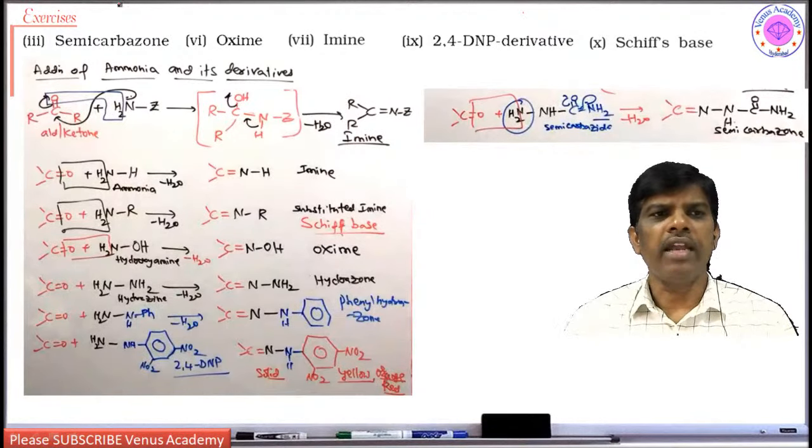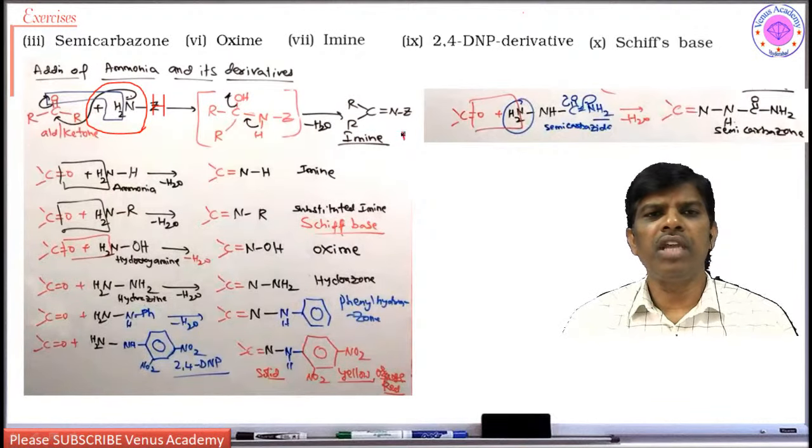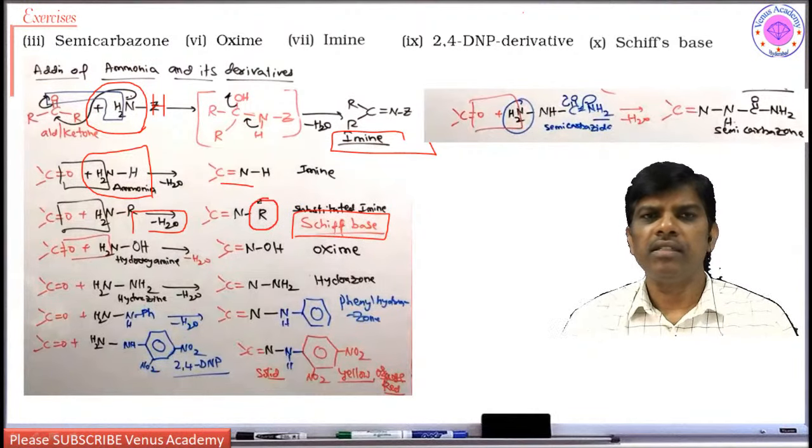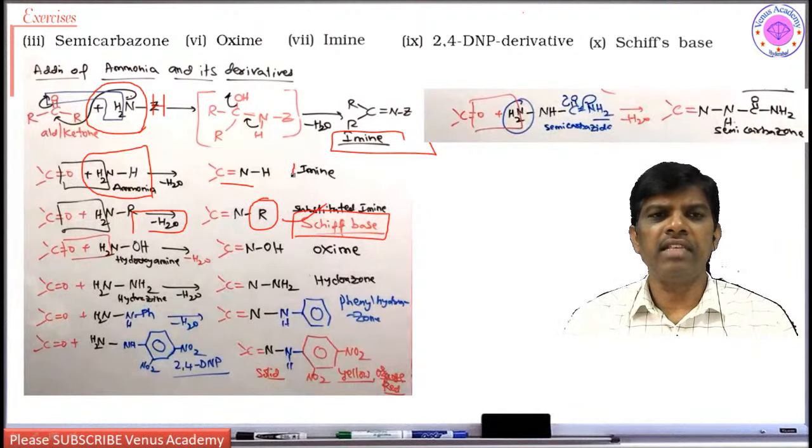Yes, so aldehydes or ketones upon condensation with ammonia lose a water molecule to give imine, right? If I use ammonia, I am going to get imine. If I use an alkyl or aryl amine, it is going to lose water to give a Schiff base. The imine you get, when alkyl or aryl substituted, is known as a Schiff base. So an imine is nothing but a Schiff base,